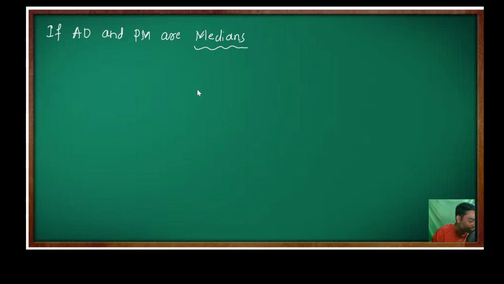Medians of triangle ABC, we have a triangle ABC, and there is one more triangle PQR, respectively, where, see, this question is so simple, I will tell you. Triangle ABC